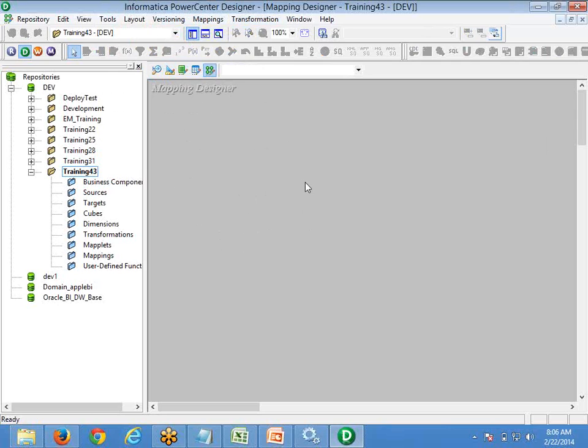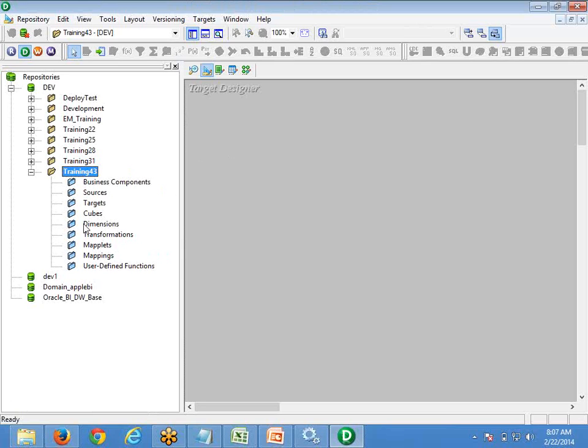So now what are we going to do here? In the Designer we know that we can develop something, and I have the folders created for my project purpose or for our session purpose. We also have Source Analyzer, Target Designer, Mapplet Designer, Transformation Developer, and Mapping Designer. When you expand this folder which I have created here, a lot of things are there: source, target, dimensions, mapplet, mapping. This is the place where we actually develop our ETL.